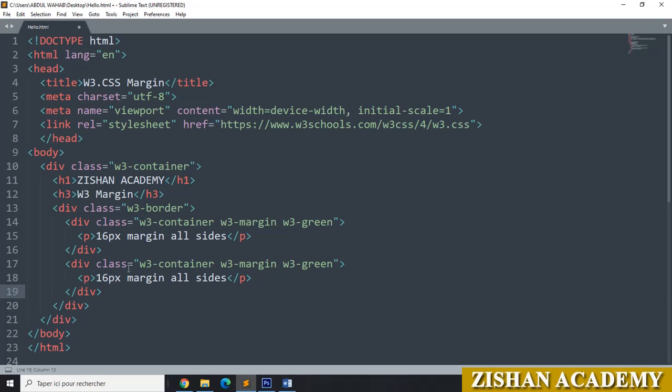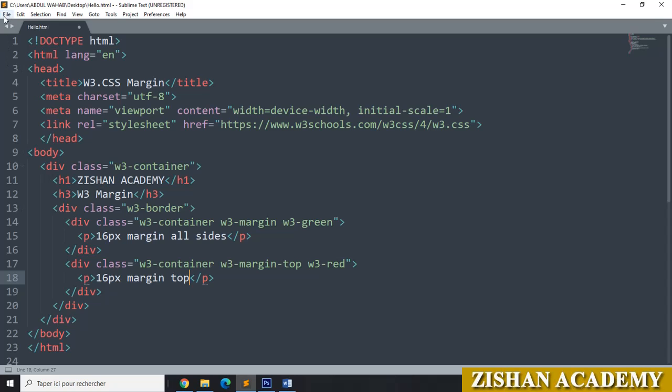Here we will change it to W3 margin. We will give it a top. You can change the color you want, whatever you want. I am giving you a red. Here we have given top. We will get only the top margin.